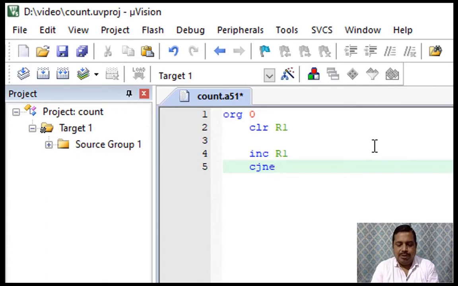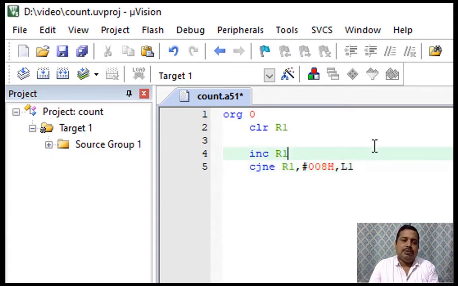We first give the register R1 and what we want to compare with, so 8. If it is not equal to 8, we go to loop 1. So it will loop and increment, and once it becomes 8, we have to toggle the port.